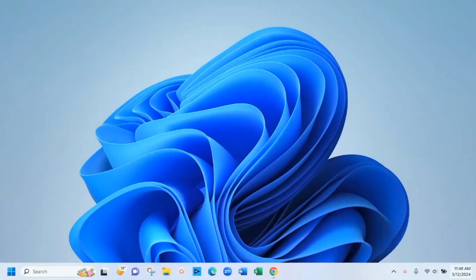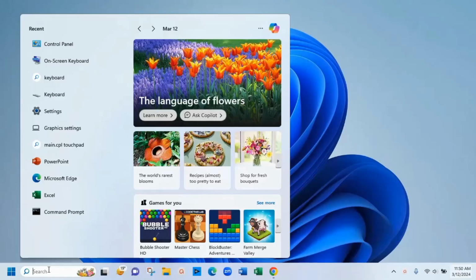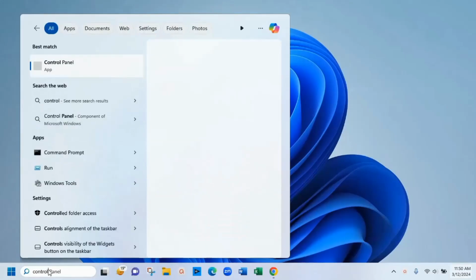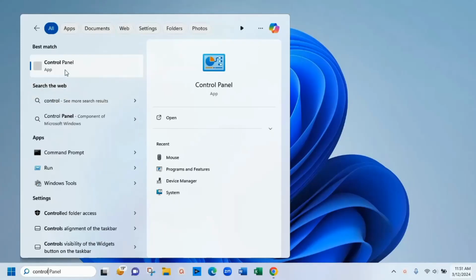In this video, we are going to fix a very common problem of Windows 10 and Windows 11: the mouse wheel scrolling problem. In order to fix the mouse wheel scrolling problem, click on the search icon and type control. And you will find the best match, that is Control Panel. So open the Control Panel,